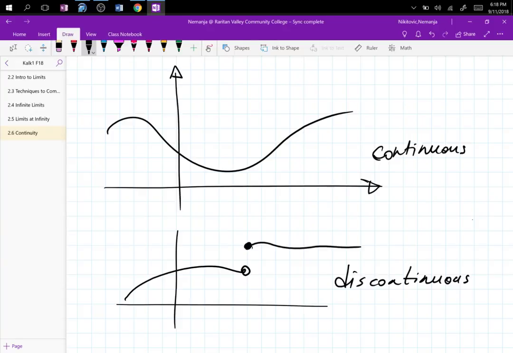So now, you want certain things to be continuous, otherwise your day would be ruined. For instance, a bridge, right? You want to have a bridge that is continuous, otherwise, not good. You also want to have continuous train tracks, right? Subway tracks or something like that. It's important because when those things are not continuous,